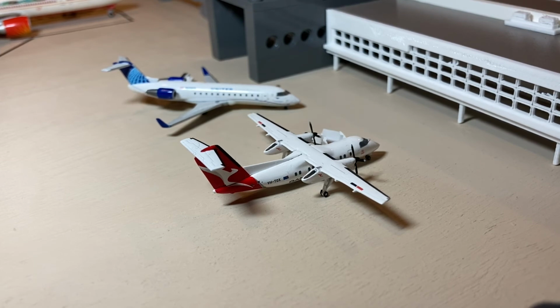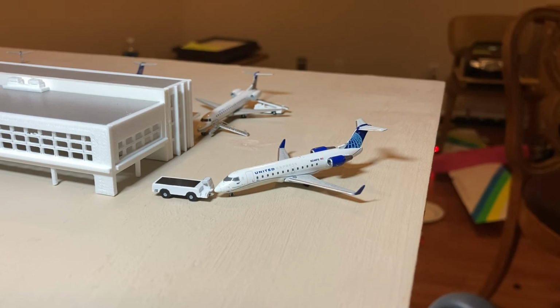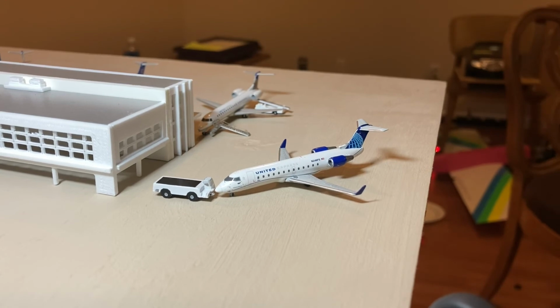He arrived in from Pittsburgh and will head out to Harrisburg, both in Pennsylvania. And then currently just getting pushed back, we have this United Airlines Mitsubishi CRJ-200 in the new livery, which arrived in from Greenville-Spartanburg and is currently getting pushed back for